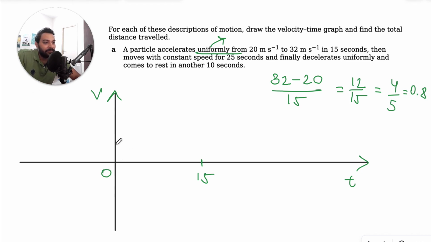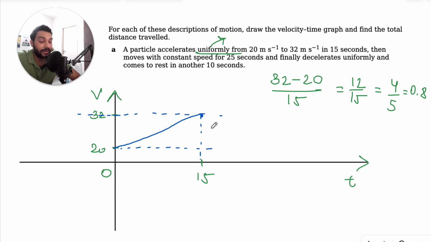So this will begin from 20 meters per second to 32 meters per second. Okay, 32 meters per second and 20 meters per second. So let's draw horizontal lines from here for guidance. This is our velocity time graph. It's a straight line, although it doesn't look like that. So AB, the range AB is a straight line increase in velocity from 20 meters per second to 32, then moves